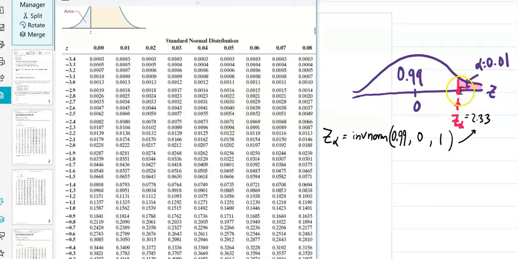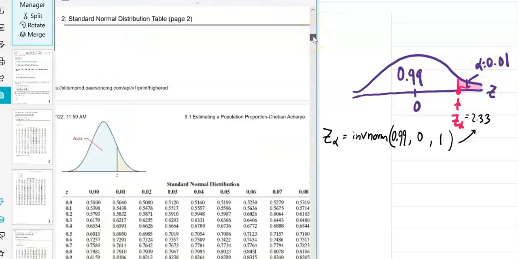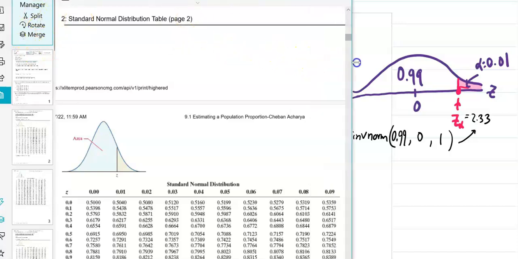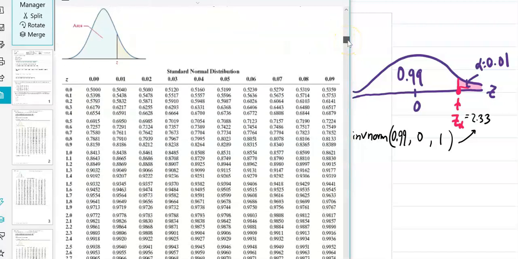Since I'm looking for the area on the right of the critical value, I'm looking for this table here. In this standard normal distribution table, this is the critical value on the right side of the standard normal curve. I'm looking for this table and this value, because it matches this graph. So the area on the right here is going to be